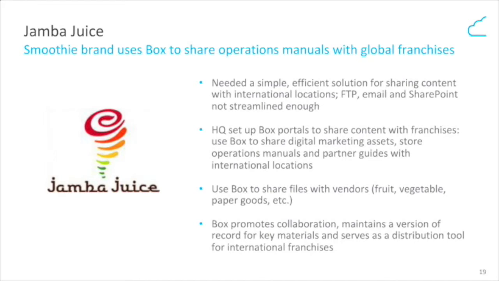Another thing to note here is that not only did Box allow them to view all these files, it also helped all these franchises collaborate on and maintain versions of them. So let's say a franchise had an updated version of their inventory. It was really easy for them to upload it to Box as a new version of a given file and have Jamba Juice and the admins on the Jamba Juice side view these files right away, almost instantaneously, and get real-time notifications. That's another thing that we will go into a deeper dive in when we talk about Box's demo. So our third use case was